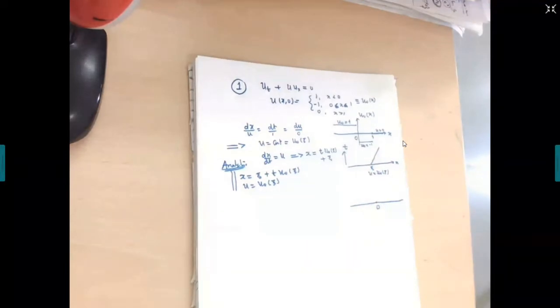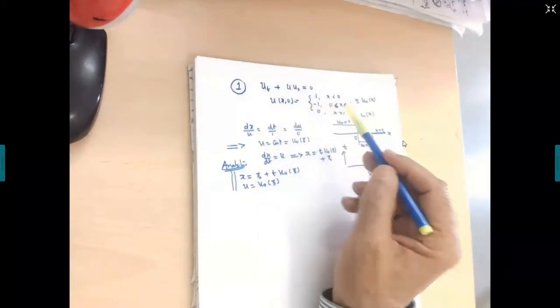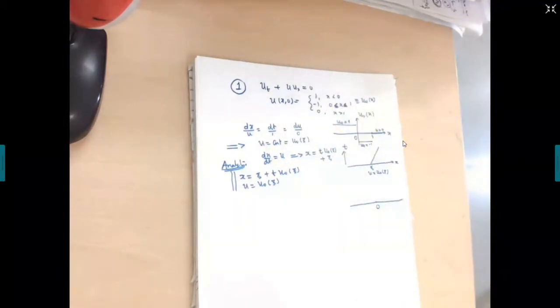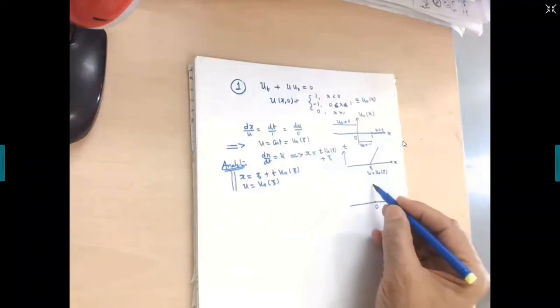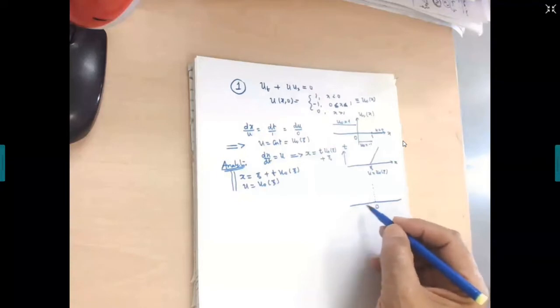After this, what will you do? You tell me first. So for x less than 0, the solution will be x equal to xi plus t, because u is 1 there. First of all, would you not like to see whether the solution exists in the neighborhood of the space curve? This is, as a matter of fact, the initial profile. Initial profile means you have some space curve. Find out the characteristics issuing from this part of the real line.